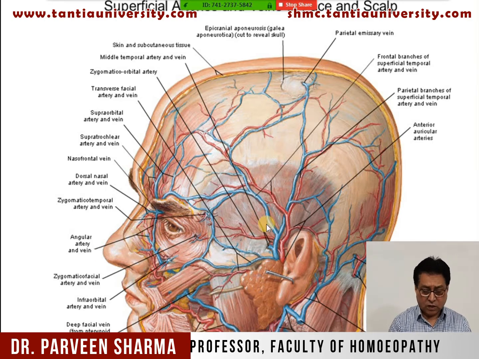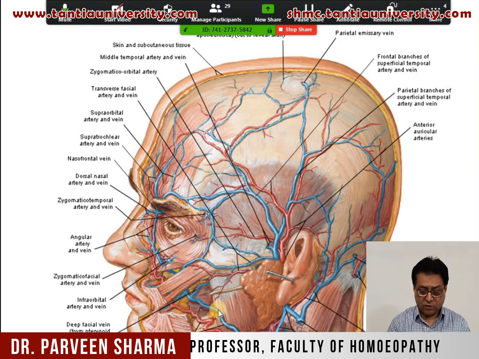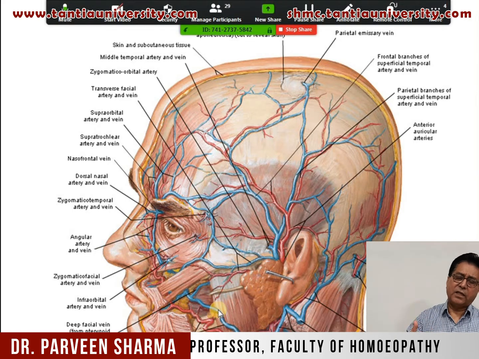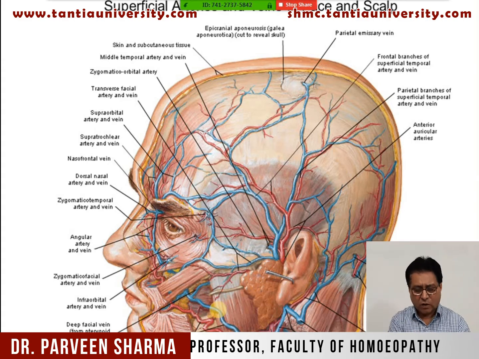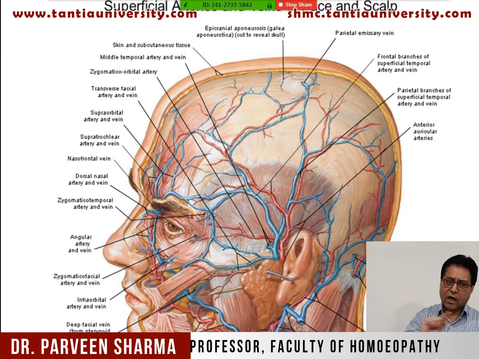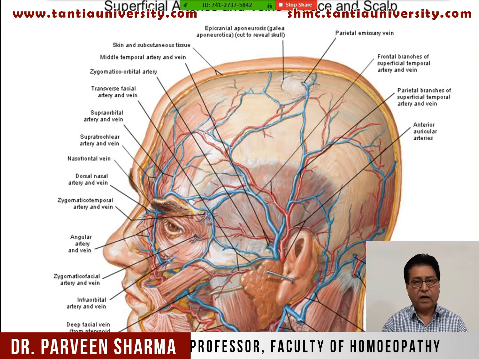Along with its course, it is accompanied by facial vein. You see, the facial vein lies above the facial artery. So artery is anterior and vein is posterior. In dissection you have to identify. So they look same. In dead body their color looks almost same. So how to identify which is artery and which is vein? The artery is tortuous and vein is straighter. Okay. So artery is from A, artery is anterior and vein is posterior. That is the relation of artery and vein.